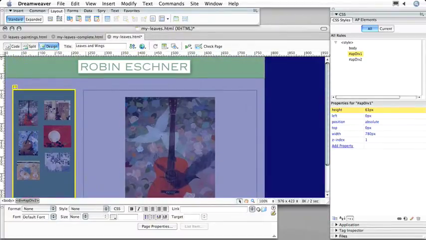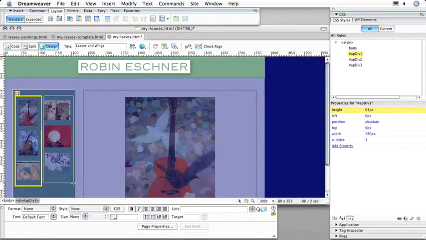And now let's go ahead and create two more divs, one for each of the rows of thumbnails. Click to select the div icon, click and drag, and again, do the same thing and click and drag. Now I'm going to use the Property Inspector to position these and align them, but before we do, let me